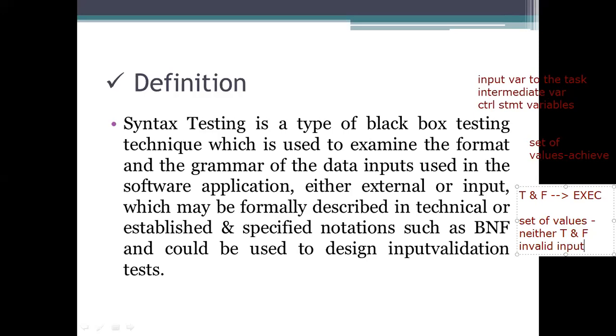So in syntax testing, we will study the variables, that is, input values validations. We need to take the input values validations here.